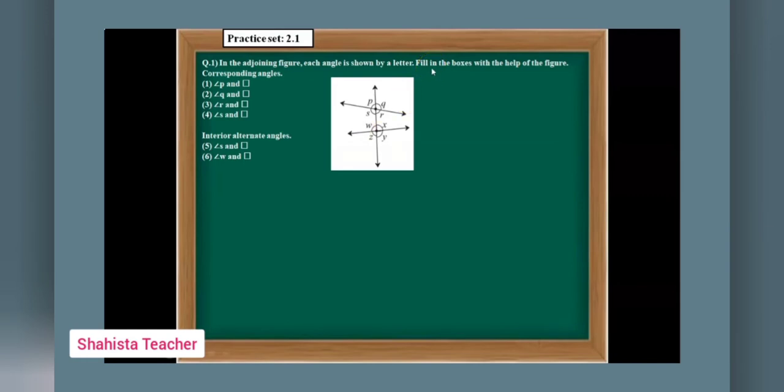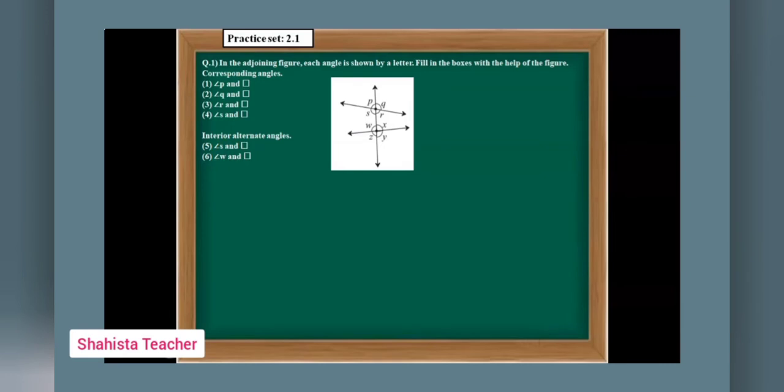Here what is the question demanding from us? Here fill in the boxes. These boxes we have to fill up with the help of the figure, corresponding angle and interior alternate angle. See here, for corresponding angles we have to fill 4 boxes, and for interior angles we have to fill 2 boxes. Now, first we will see what is the meaning of